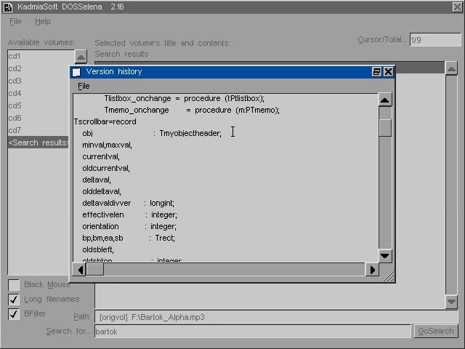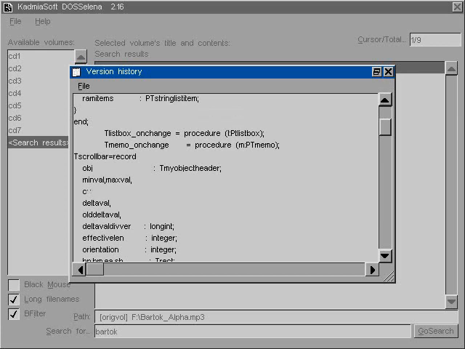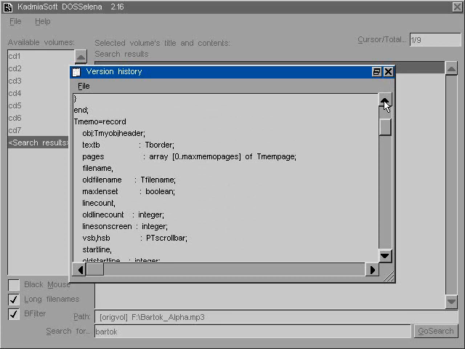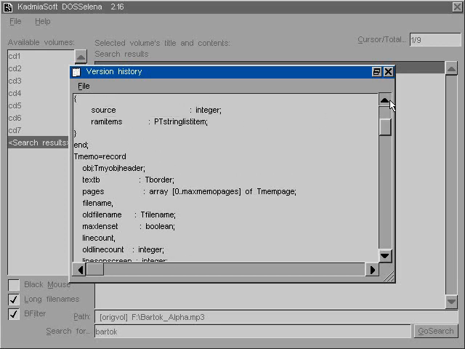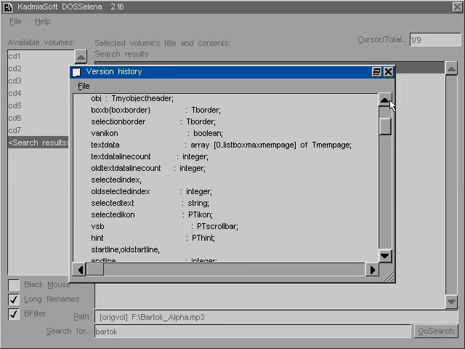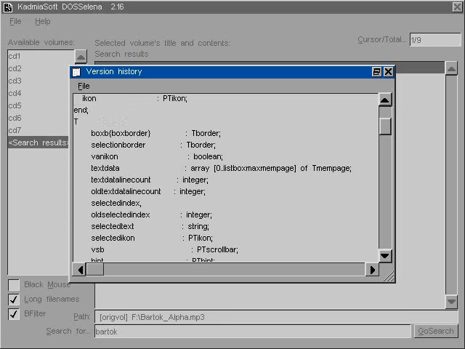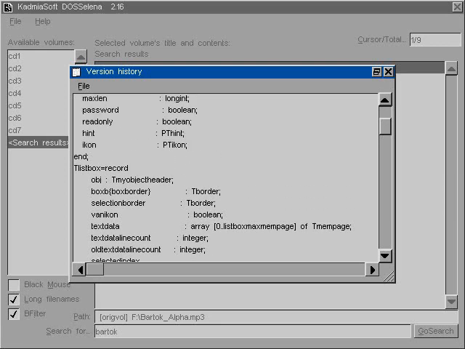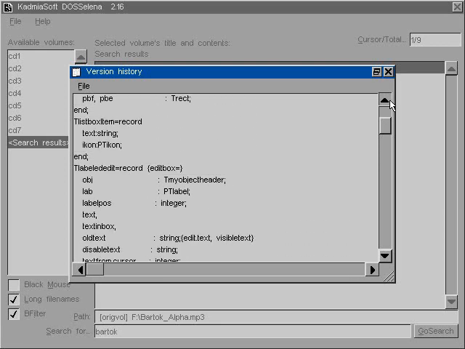You can see here the obj, my object header, the T memo. It's a read-only memo. I didn't implement the editing part. T my object header. So in the main loop, when it would traverse the tree of nodes, it would only know that it's a T my object header there. So it would work with the first part of the record in the memory. And the T my object header we will immediately reach